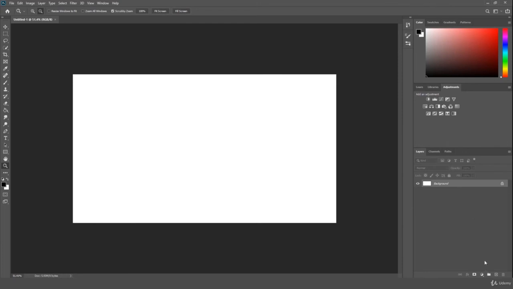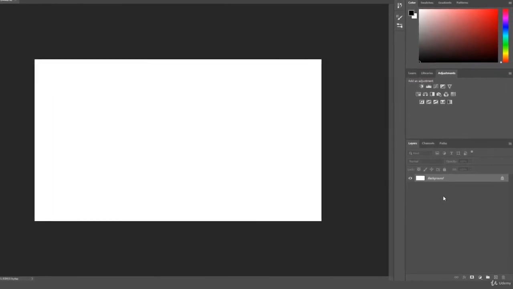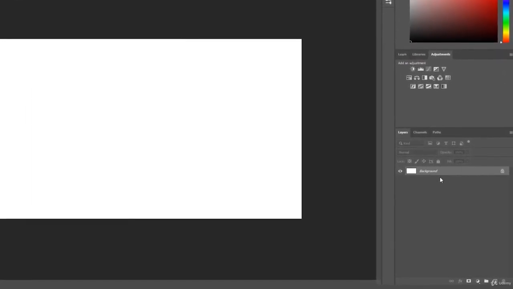And over here to the right, down here is the layers. Layers are going to stack up here. If we had 100 layers, it would just be background, or layer, and this will be full. As we get layers, it will basically stack up. There will be one below this, one below that, one below that, and it will pretty much build up. Also, layers have different effects and properties down here that we'll be extensively getting to, and there are also various different channels, paths, which is not too applicable right off the bat, adjustments, which we'll be getting to heavily, libraries, which is